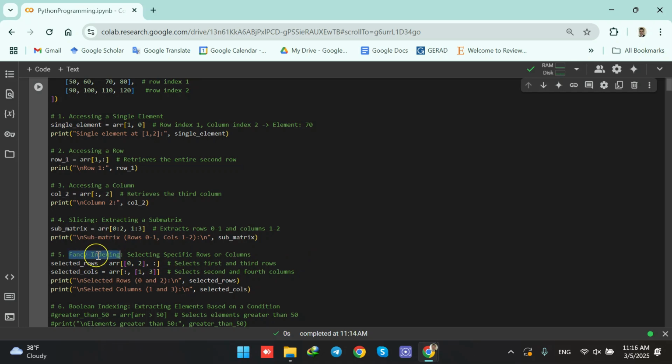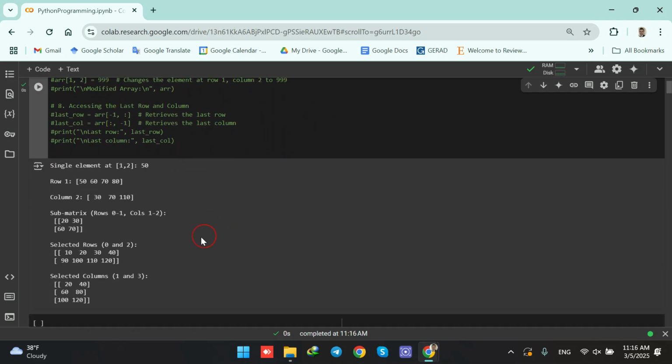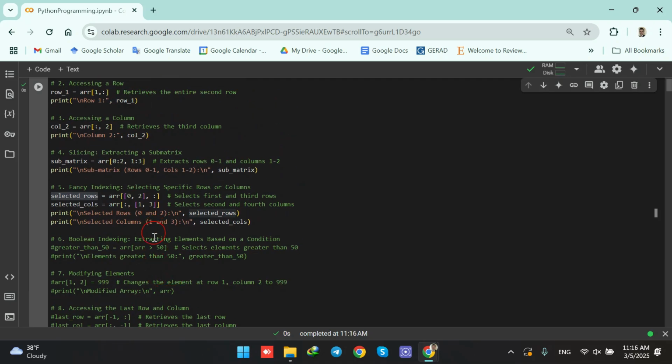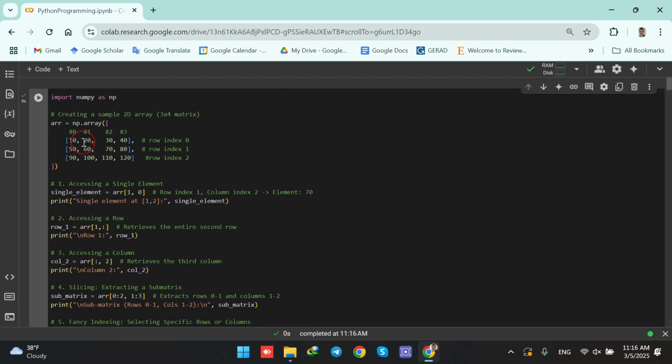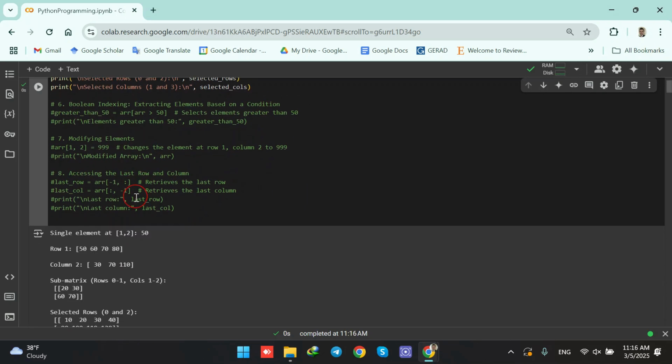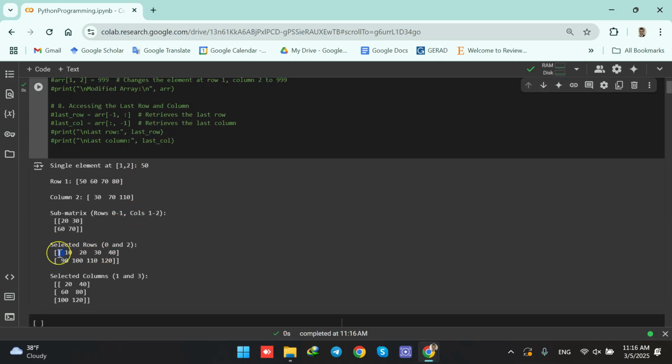This is called fancy indexing. Here we are selecting the first row and the third row, being assigned to the selected rows. When I run the code, we see that for the selected rows, we have the first row and the last row, the third row, being printed. So the first row is 10 to 40, the last row is 90 to 120. So we see that the first row and the third row, which is the last row, is being assigned to